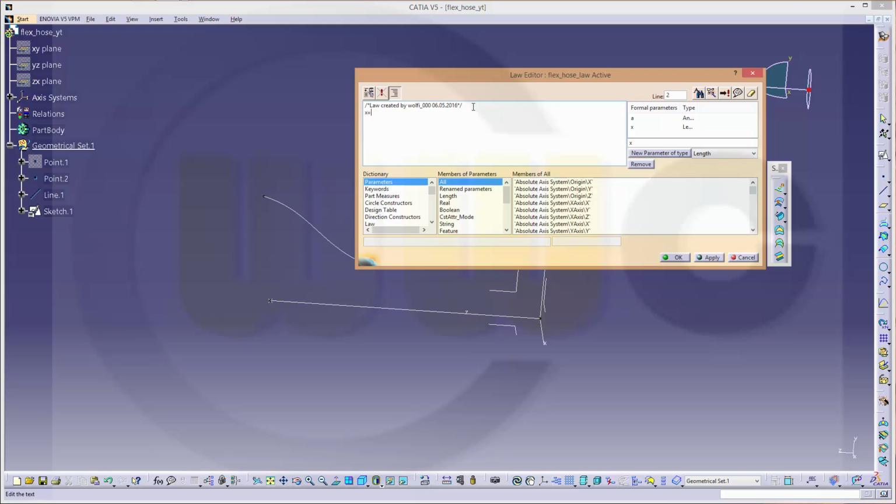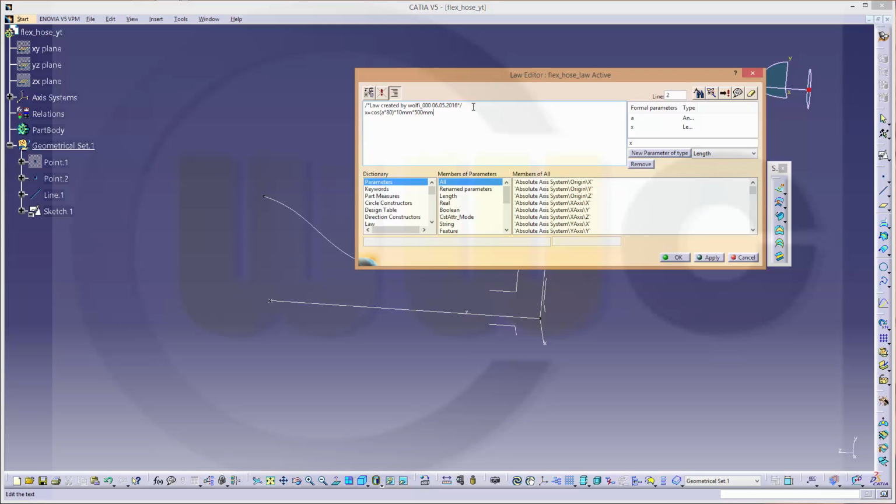X should equal cosinus of A multiplied with, let's say, 80 multiplied with 10 millimeters multiplied with 500 millimeters,